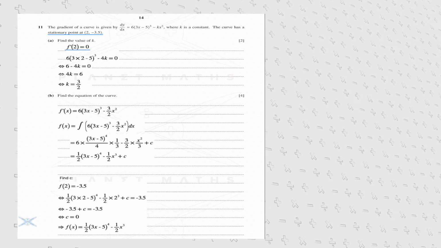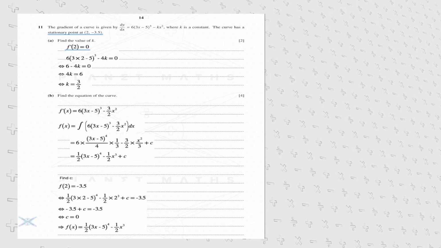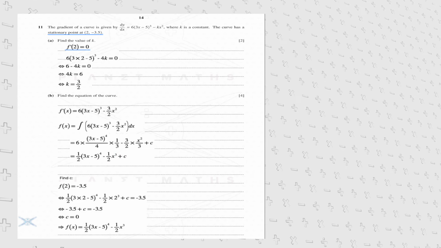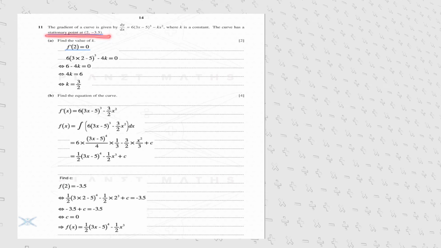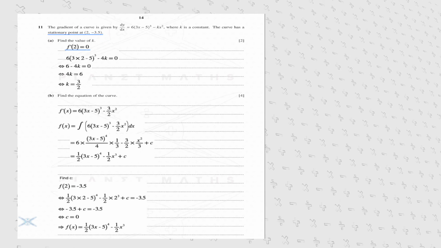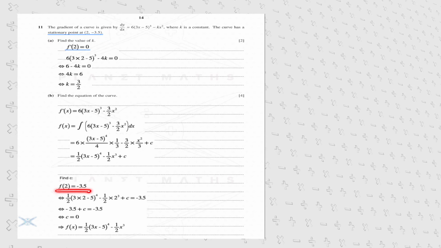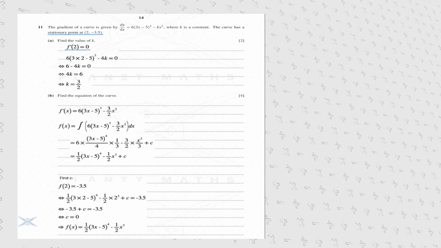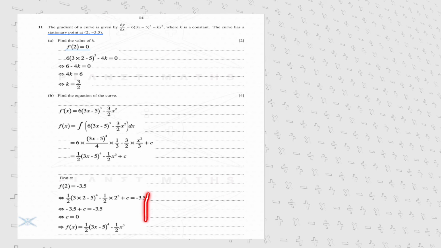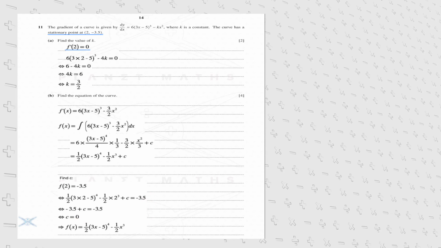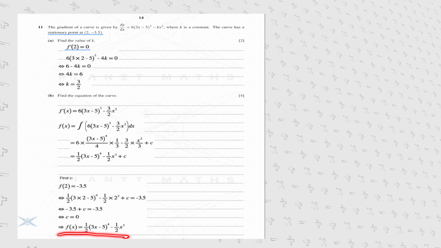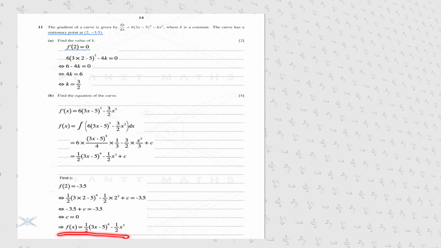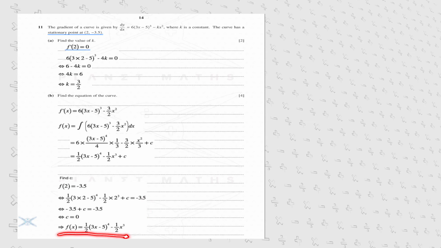and to make that happen we will make use of the fact that we already know at least one point of this curve, which is its stationary point. So we will simply make use of the equation that f of 2 equals -3.5, whereby we will substitute 2 for x. Thereafter we will just rearrange our equation for c, which happens to be 0. Therefore the function of the curve is 1/2 multiplied by (3x minus 5) to the power of 4 minus 1/2 x